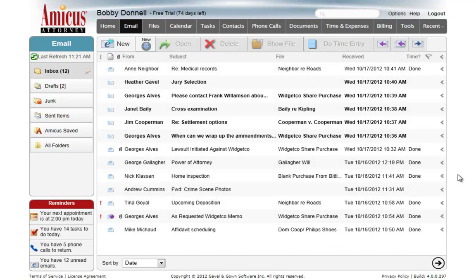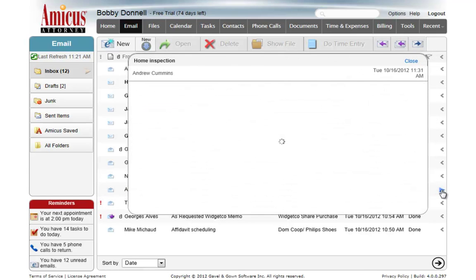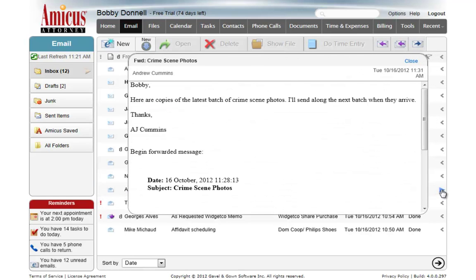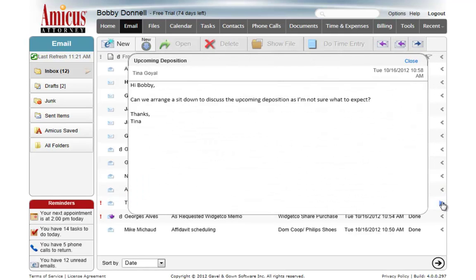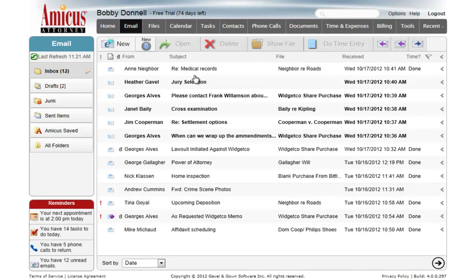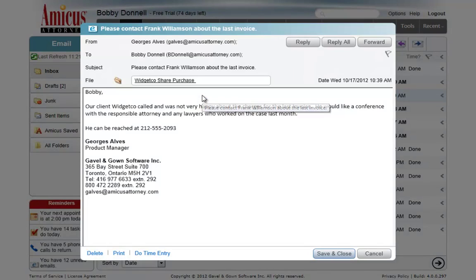You may notice over here at the right a little arrow symbol. This is a preview symbol, so as you use Amicus Cloud and its email facility, if you want to scan through your emails quickly and see which ones you might want to get into further detail, you can preview them just by clicking the little arrow there so that they appear and disappear for you as you scan through and figure out what you need to read next. Of course, when you want to read anything in detail, you can just double click on it